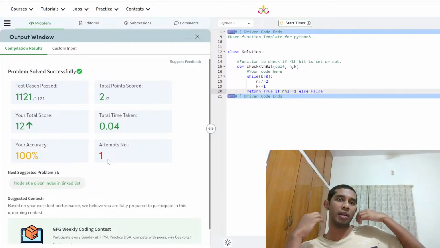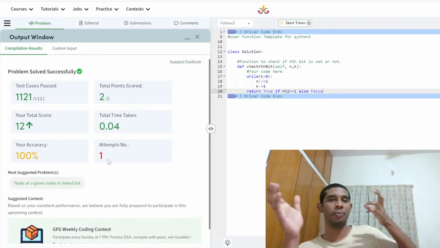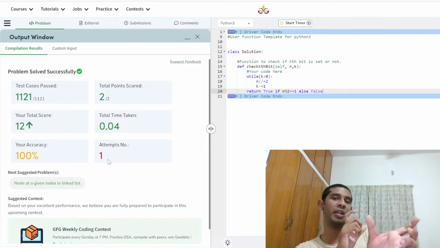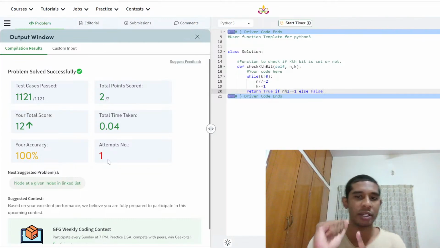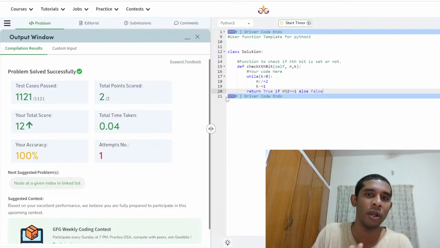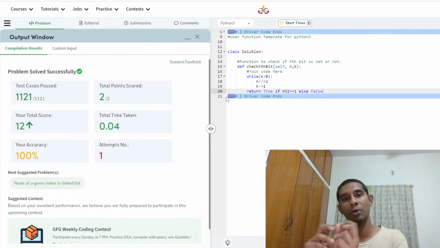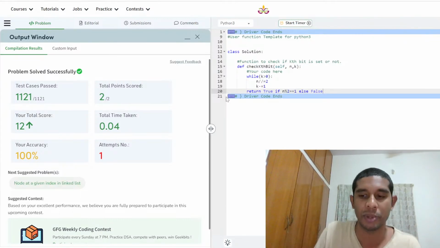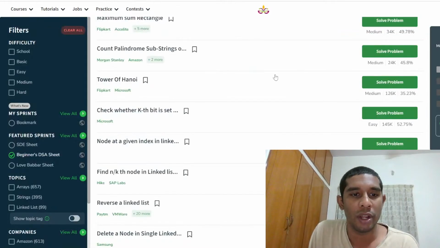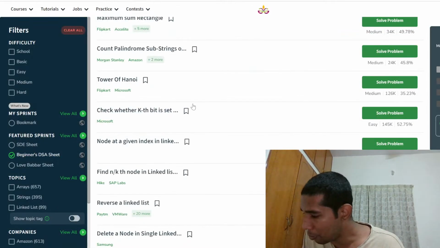And when we have to find a higher bit position within the binary representation, all we have to do is keep dividing that number by 2 until we reach the required value of k, until we make k 0. And when k becomes 0, then we know based on the least significant bit, we tell if the kth bit was a set bit or not. Simple approach, right? So now that we have solved that problem also,